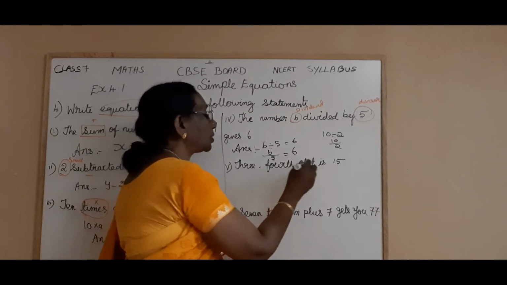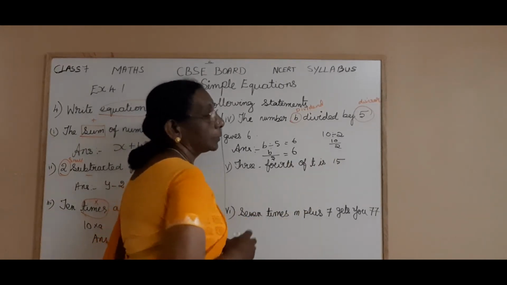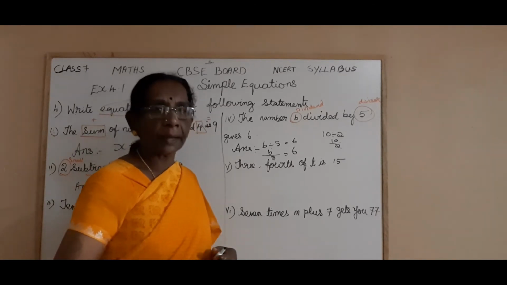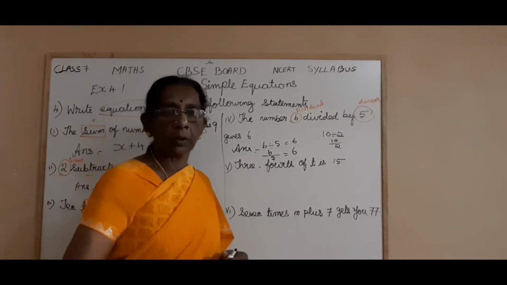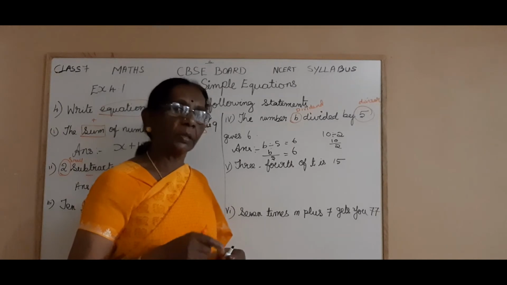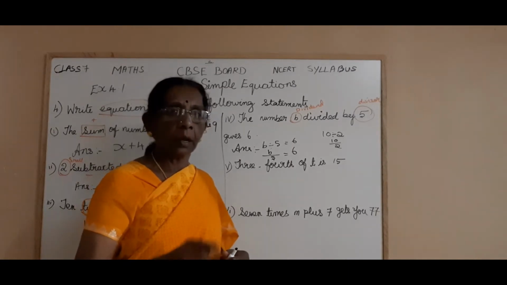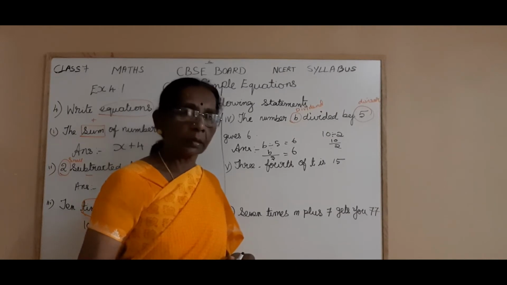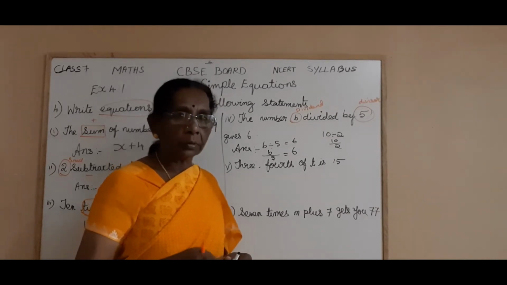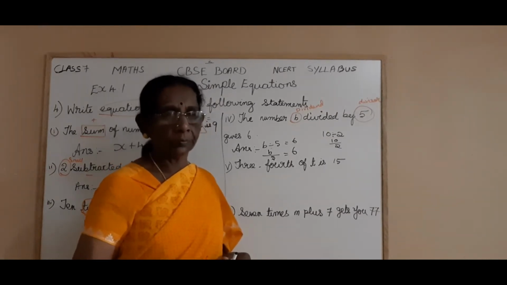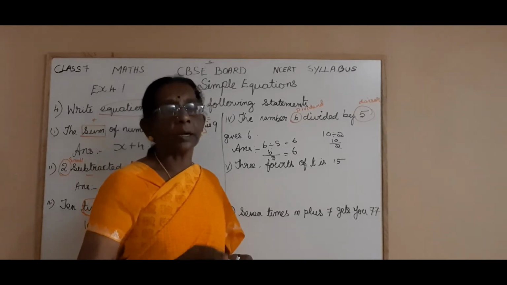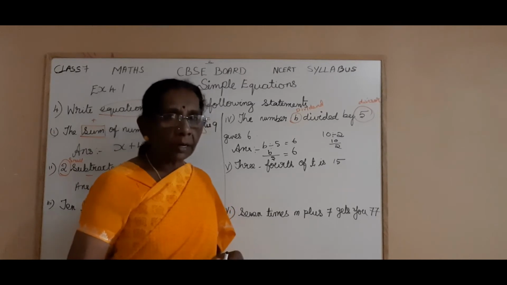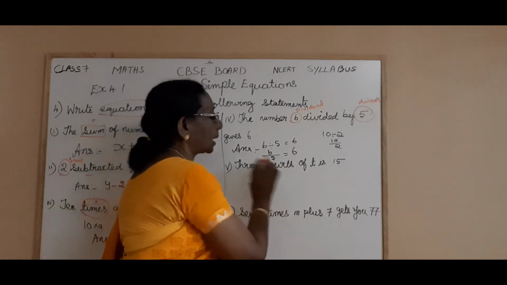Now next. 3/4 of t is 15. And 3/4 means it is a fraction. 3 by 4. 2/3, that means 2 by 3, it is a fraction. 1/3, 1 by 3, it is a fraction, isn't it? And half, that means 1 by 2. A quarter means 1 by 4. So for denoting the fractions in words, we will be writing like this.